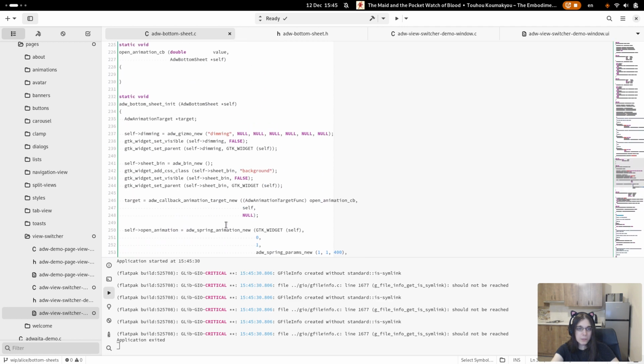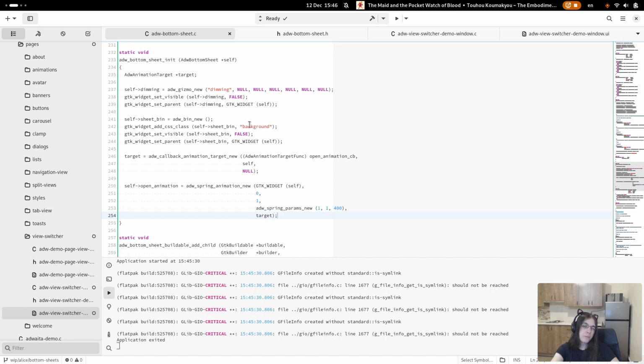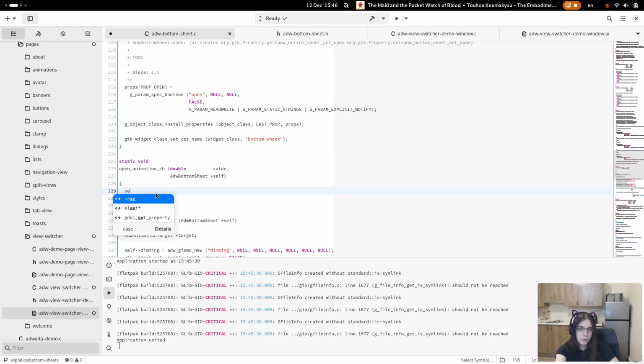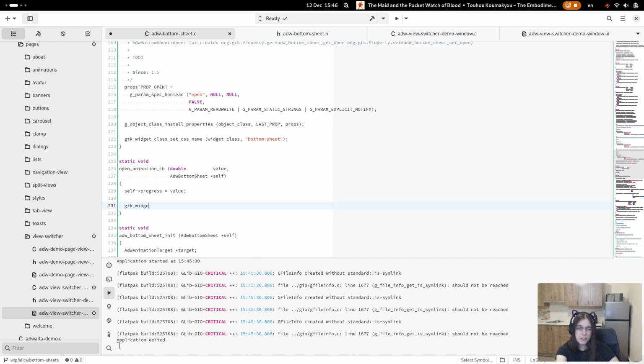So, the second thing I'll need is a signal when the animation is done. So let's set the progress value. And right away we'll just give it set opacity, the dimming value.